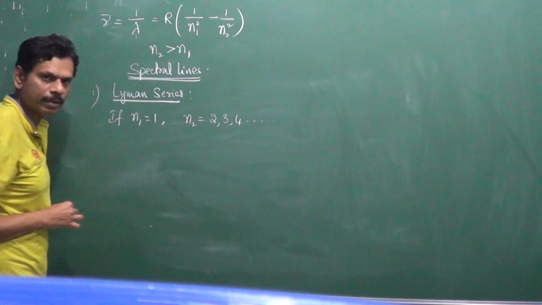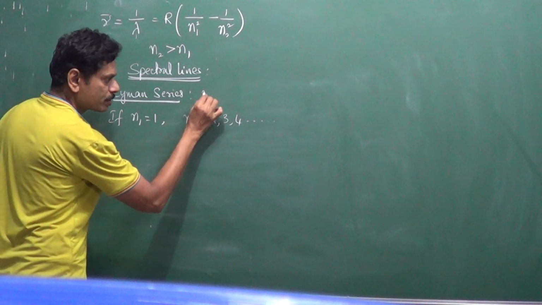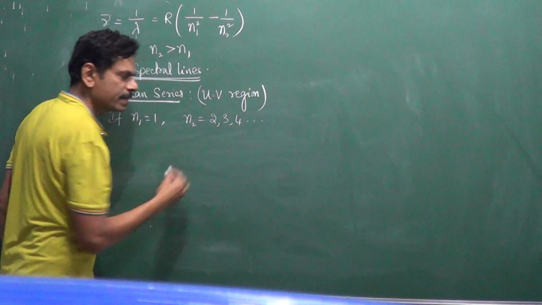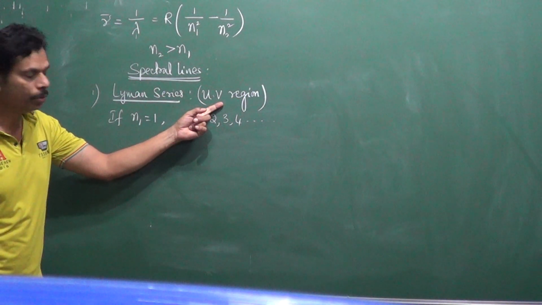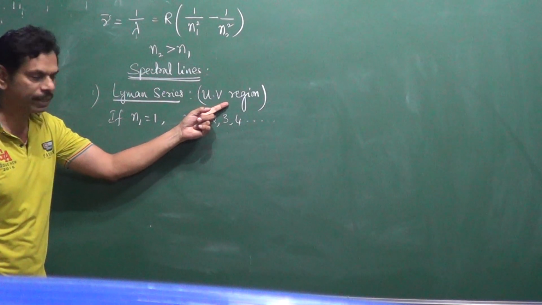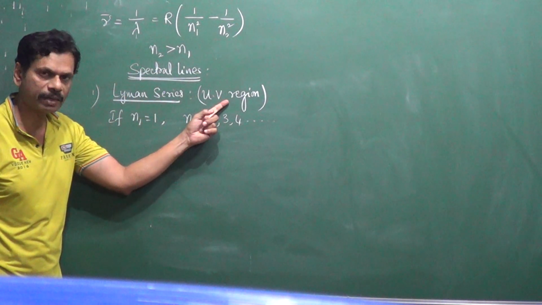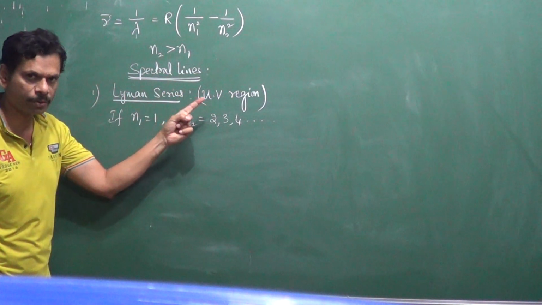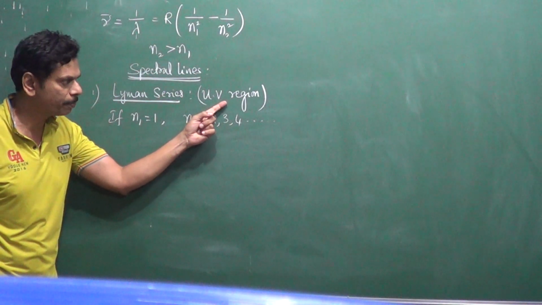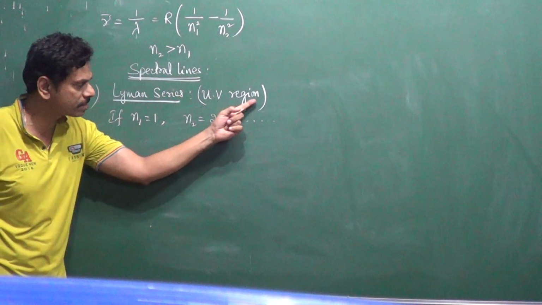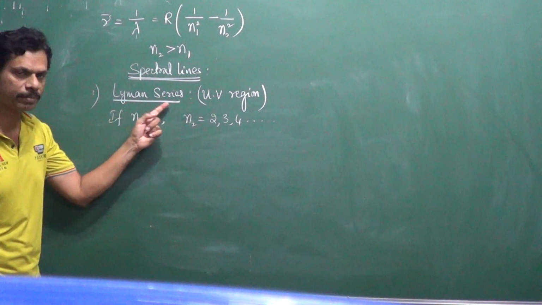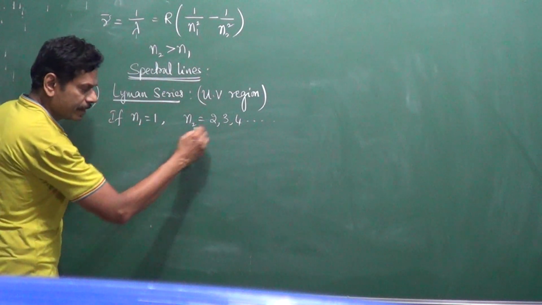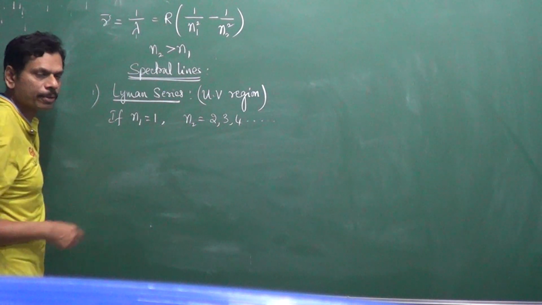This is called the Lyman series, and the Lyman series is present in the UV region only. This is the only particular series which is present in the UV region. No other series is present in the ultraviolet region. One more question: which is the spectral series of hydrogen or hydrogen-like spectrum which exists in the UV region? That is the Lyman series, because it is the only series present in the UV region. Now, this is the condition. Based on that, we are supposed to solve the problem.